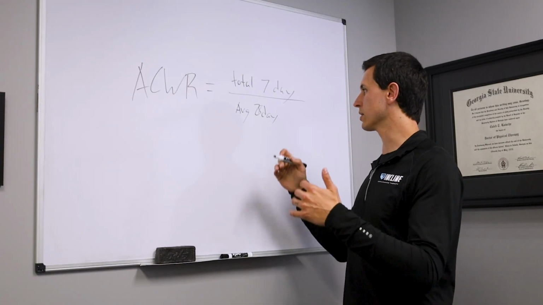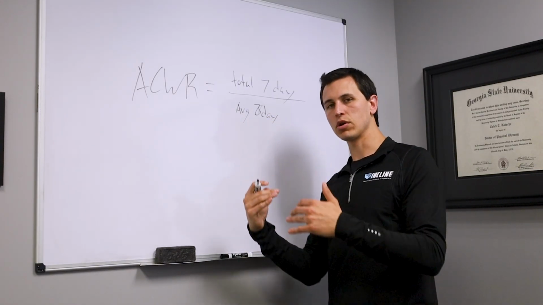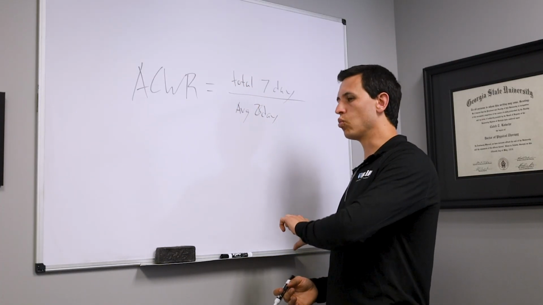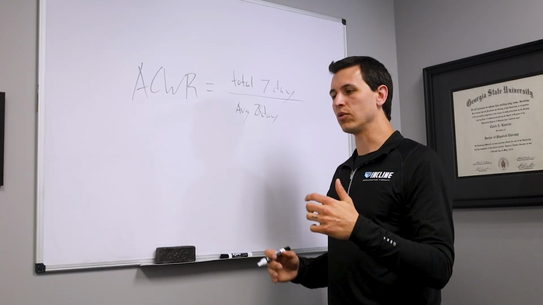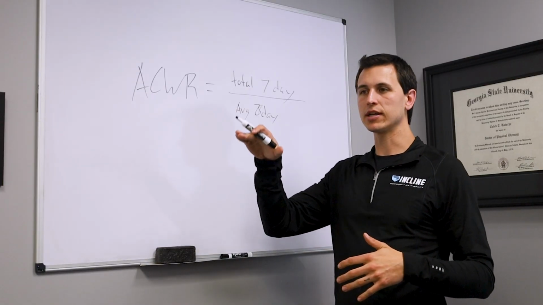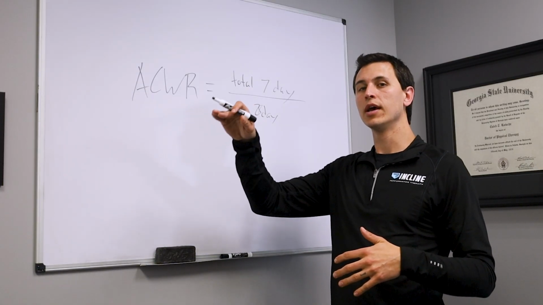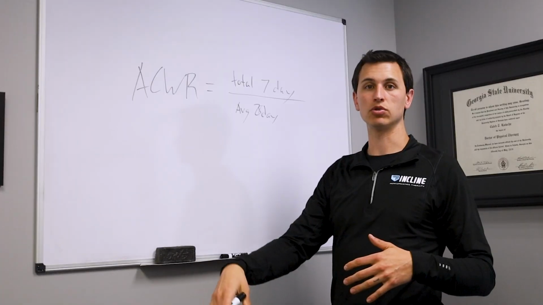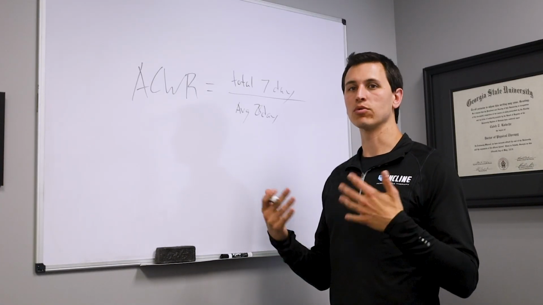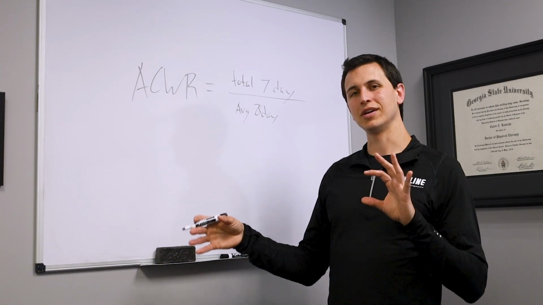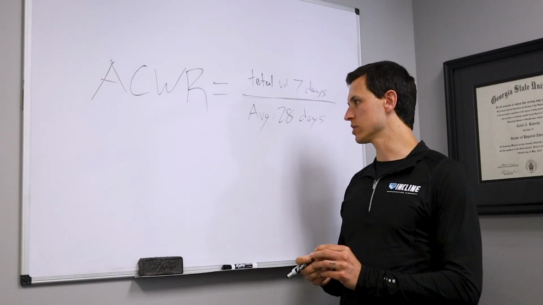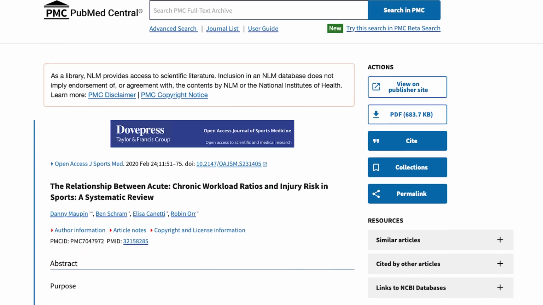And so basically we're getting a comparison of how many throws they have been performing over a month effectively, and then what they did in the past week compared to that prior number, okay? And so we can see if they've been tracking at a certain workload, and we can see if they spiked dramatically or if they dropped dramatically as well, and we can use this number to dictate throwing programs, and to implement changes in their program to reduce the risk of injury. And we know this because there was a study by a guy named Mehta in 2019, and